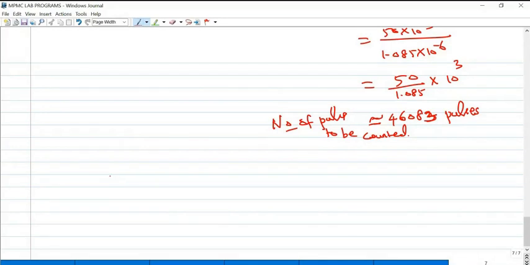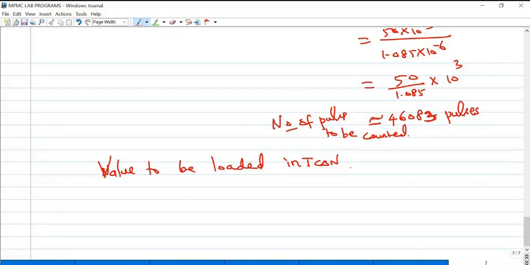So the value to be loaded in the TCON register is 65536 minus the desired number of pulses to be counted: 65536 minus 46083.